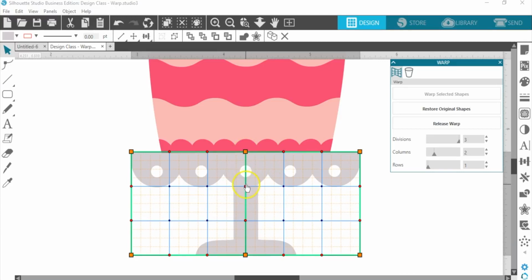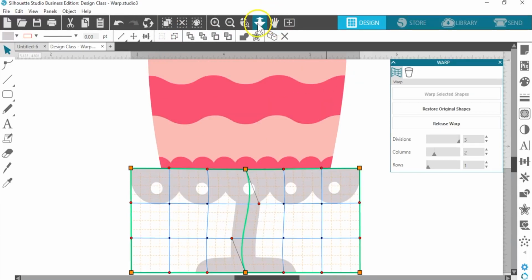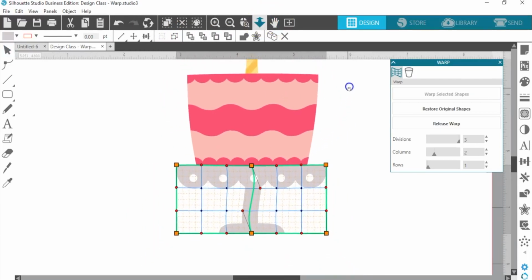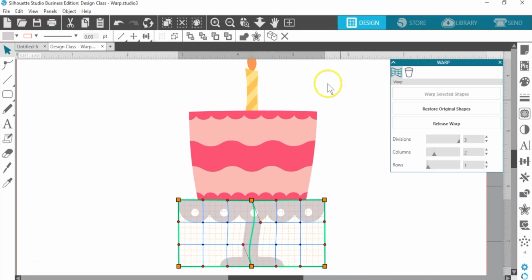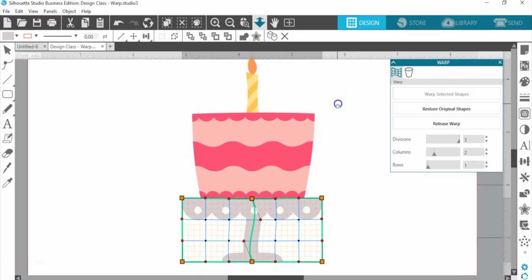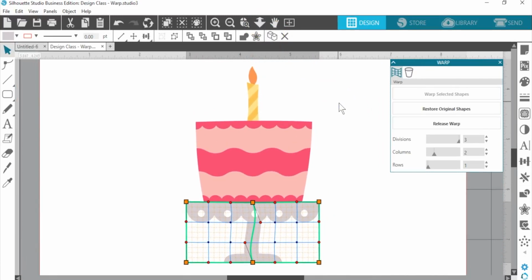So I'm going to drag this off to the side, this off to this side, drag the corners up just a little bit. And I think I want to bring that to the front so it's overlapping that cake and showing that curve. Okay, so you can see that shape has now changed a little bit from its original.